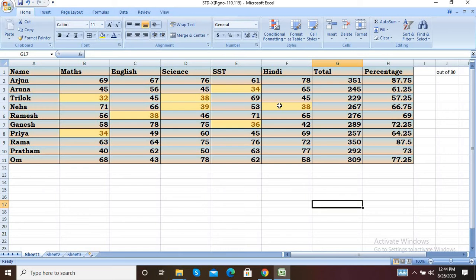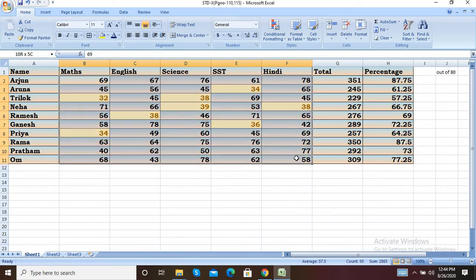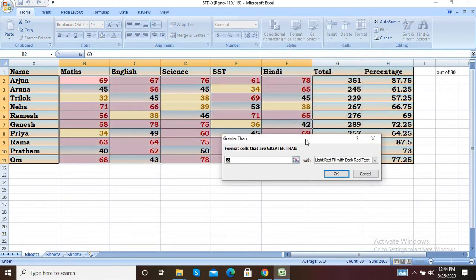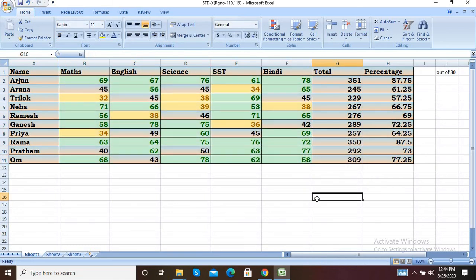Now next thing, highlight the marks of the students according to the following condition. The conditions are: marks greater than 50, fill green color, and marks less than 50, fill red color. So I am again selecting the marks of the students. Go to conditional formatting. Greater than, what is the greater than? That is 50. So write 50, and the color will be green. So click on green and enter.